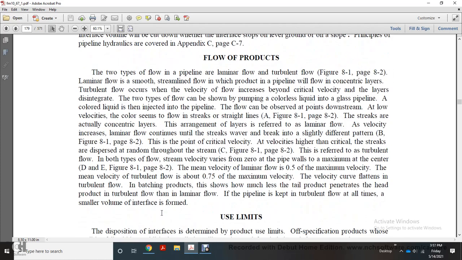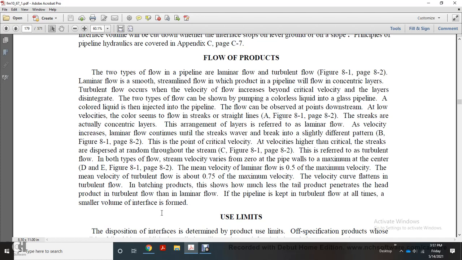Flow of products. There are two types of flow in the pipeline: laminar and turbulent flow. Figure 8.1. Laminar flow is smooth and streamlined, in which product in the pipeline will flow in concentric layers. Turbulent flow occurs when velocity increases beyond the critical velocity and the layers disintegrate. The two types of flow can be shown by pumping colorless liquid into a glass